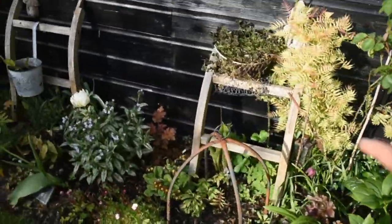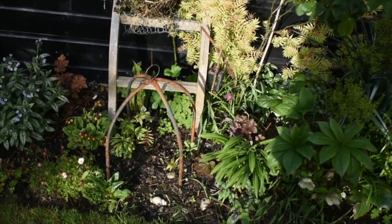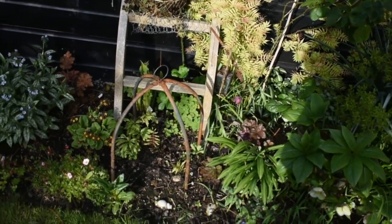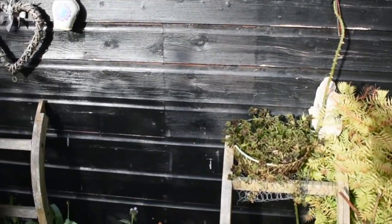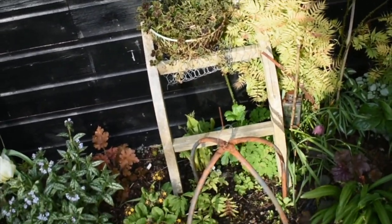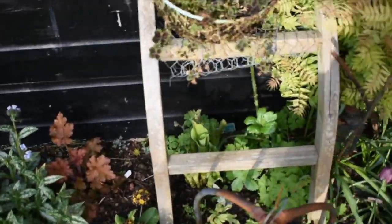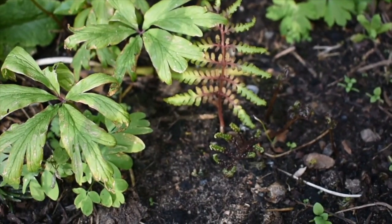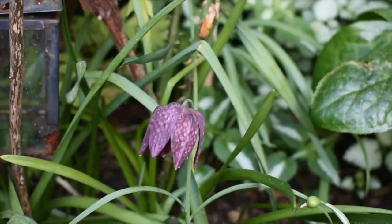Here it's quite shady, so the sun, as you can see, is here now, but it doesn't come out. My garden is north facing, so the sun doesn't come out here until after 5, just in the evening. So I planted this border with mostly shade loving plants, some sun lovers as well, but which can take some shade. And here I got a lovely fern which is just coming into leaf. Most beautiful fern, very pretty. Some snakeheads, fritillarias, a lovely moss,